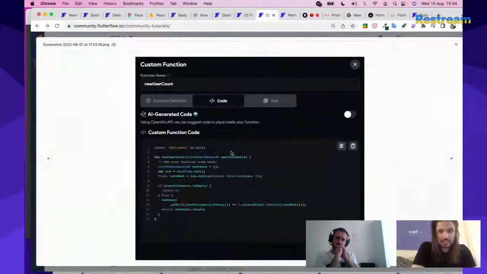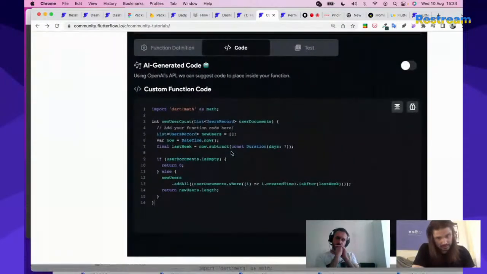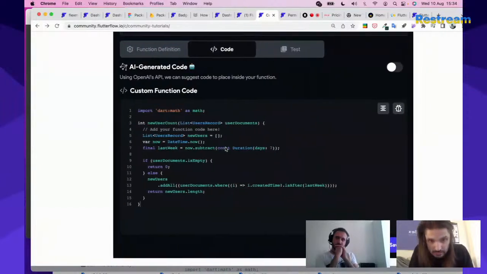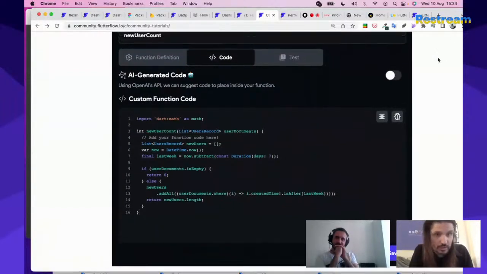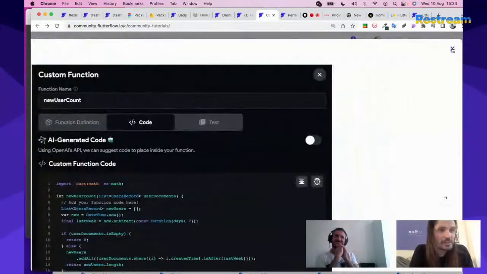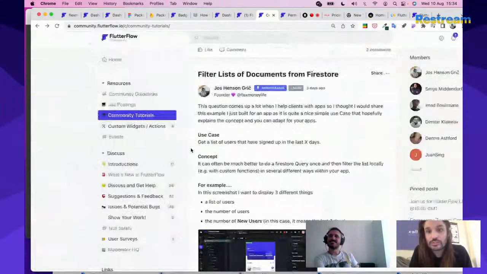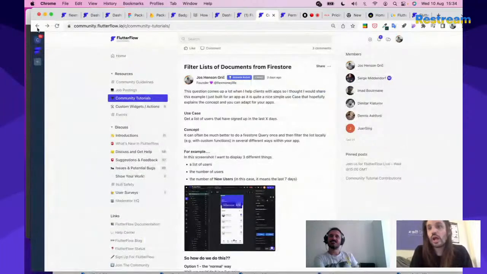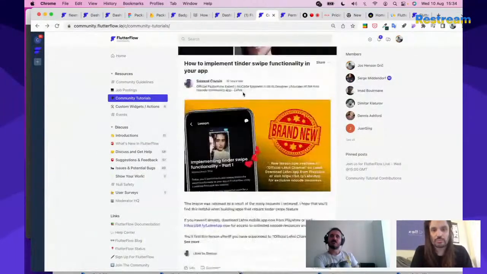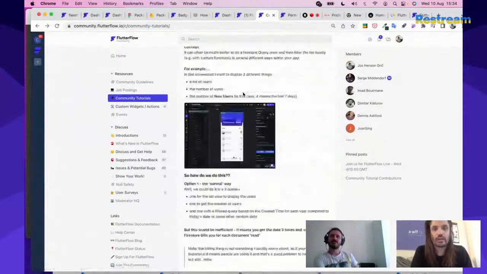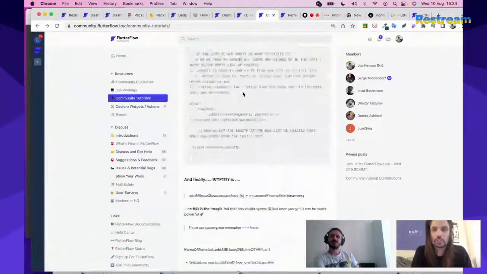But this is actually exactly what this is doing. Is actually using, nope, not this one. I thought this was batch update. New user batch update. Oh no, this is the wrong tutorial. Sorry, my bad. So what the batch update does is actually writing all of your changes at